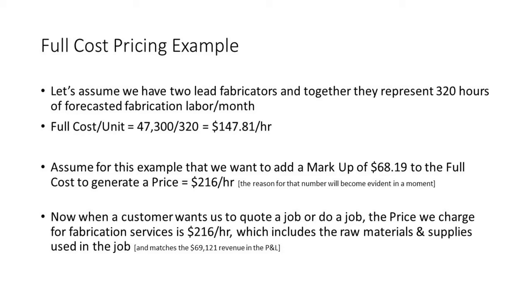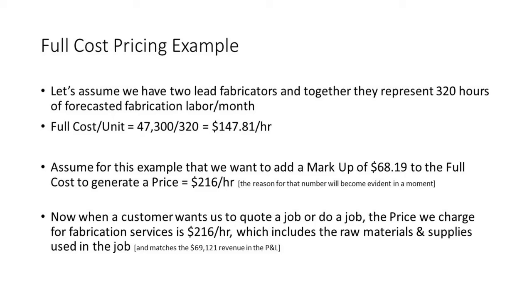Now, when a customer comes in and wants us to quote a job, or wants us to do a job, the price we charge for fabrication services is $216 an hour, which includes raw materials and supplies used in the job. And so if he wants us to quote a job, all we have to do is figure out how many hours we have to apply to the job in order to get it done, and then we can deliver the quote to him. On the other hand, if he just says, come out to my place and do this for me, we add up however many hours are required, and then we multiply that by $216 an hour,